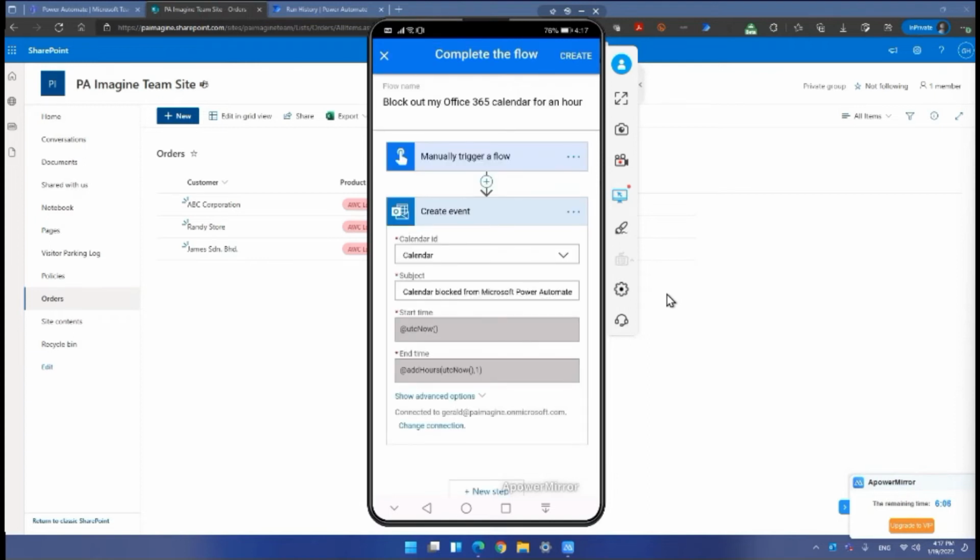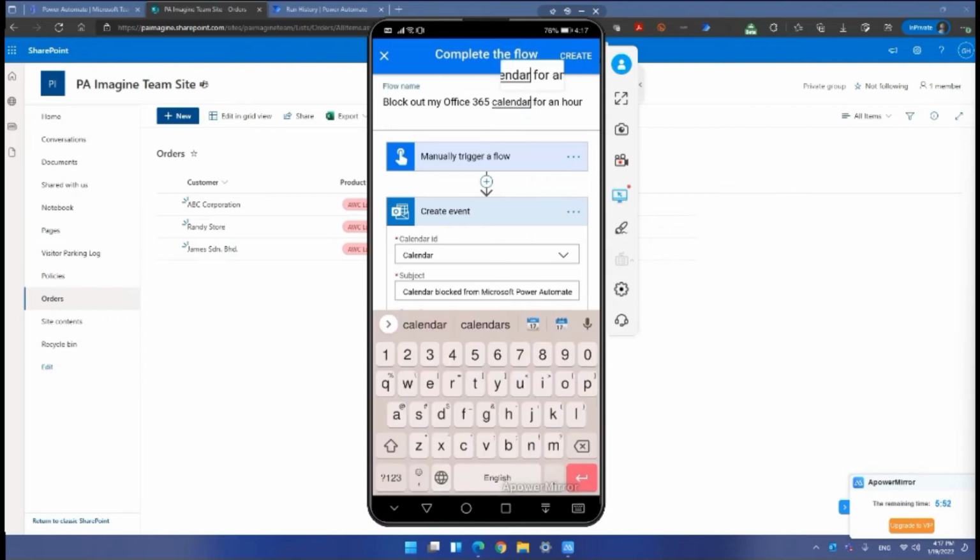Always pay attention to the top right, bottom and all that, okay? So the calendar ID is calendar. And then this is a subject, calendar blocked. So now what I want to do, first of all, before I move on, I also look at the title here. Can you see the title? All right, the title here. I want to eliminate this and I want to rename the flow. Let's call it 1HR. That means 1 hour